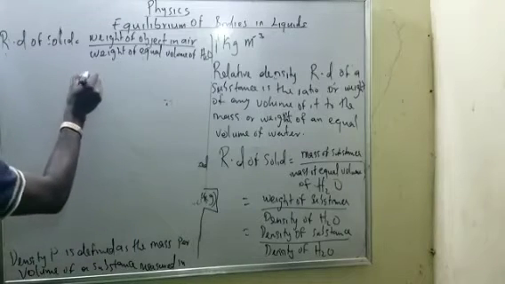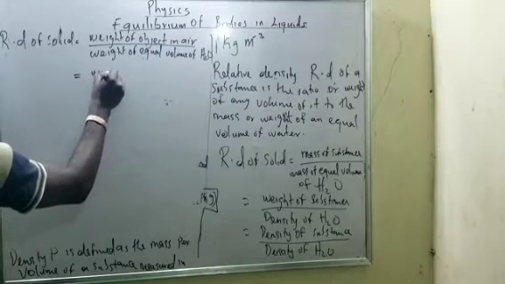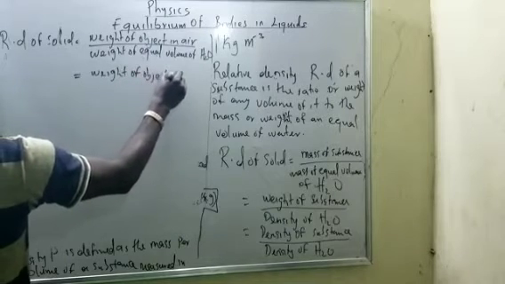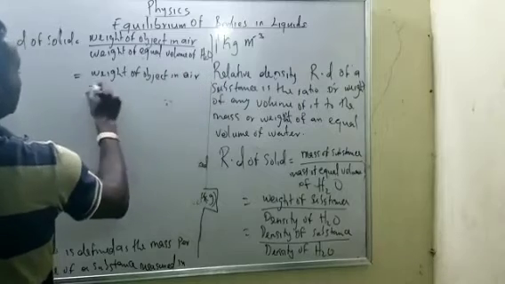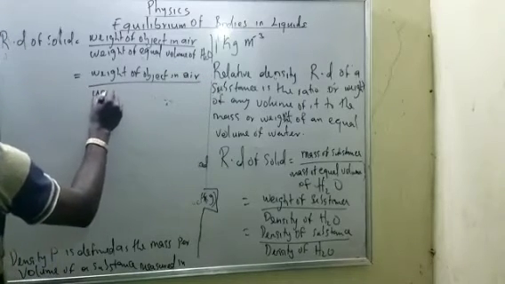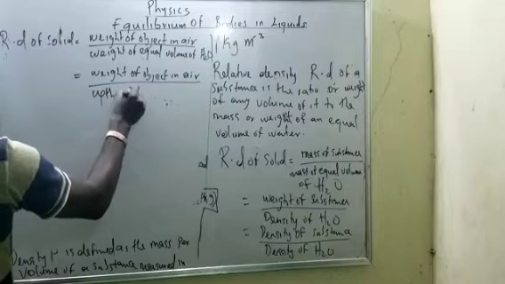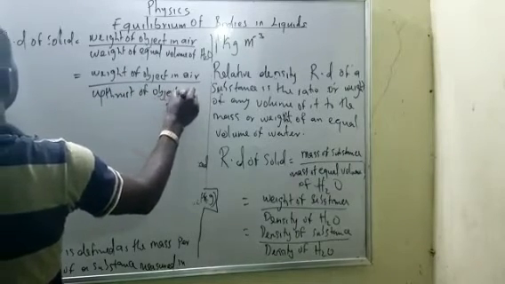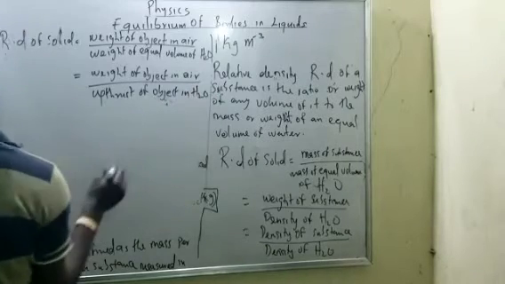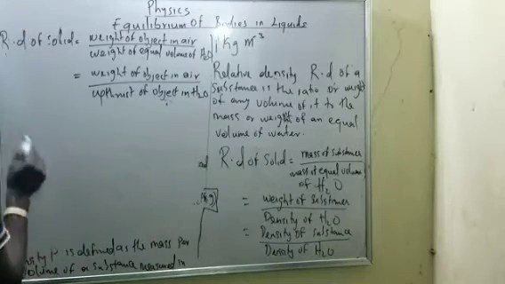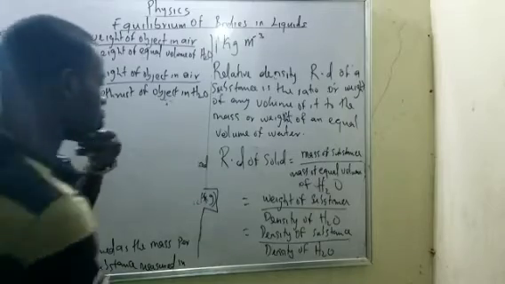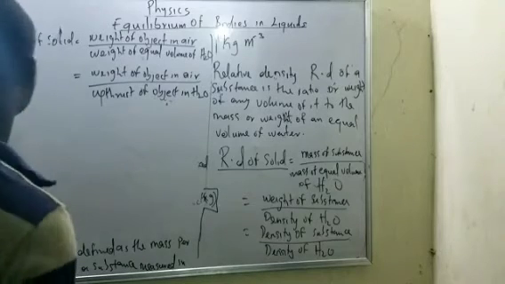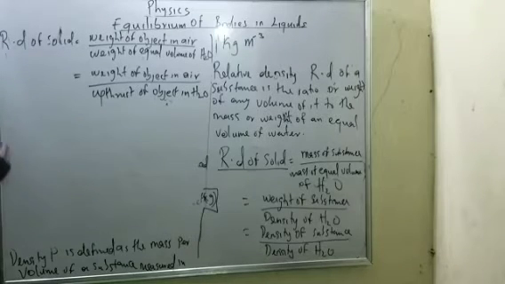I can also say that weight of object in air can also be equal to upthrust of object in water. Now I think with this you can know what my relative density of solid is saying. Now let me move on to relative density of